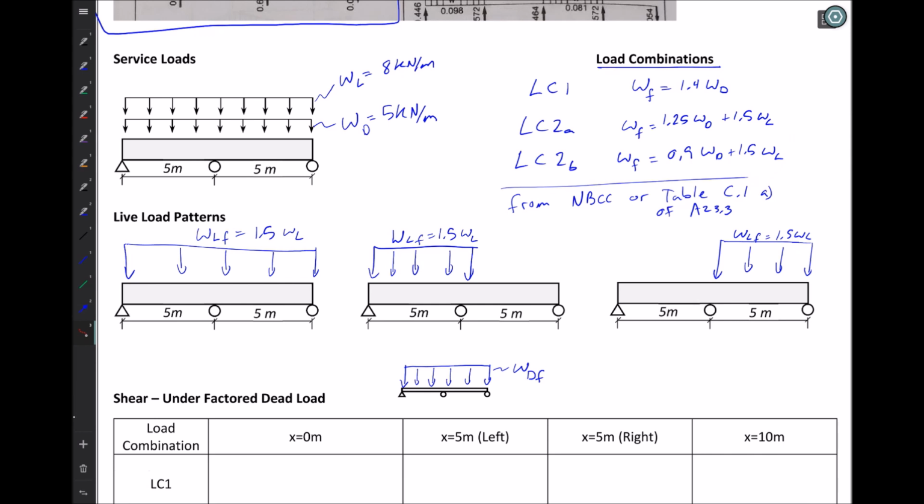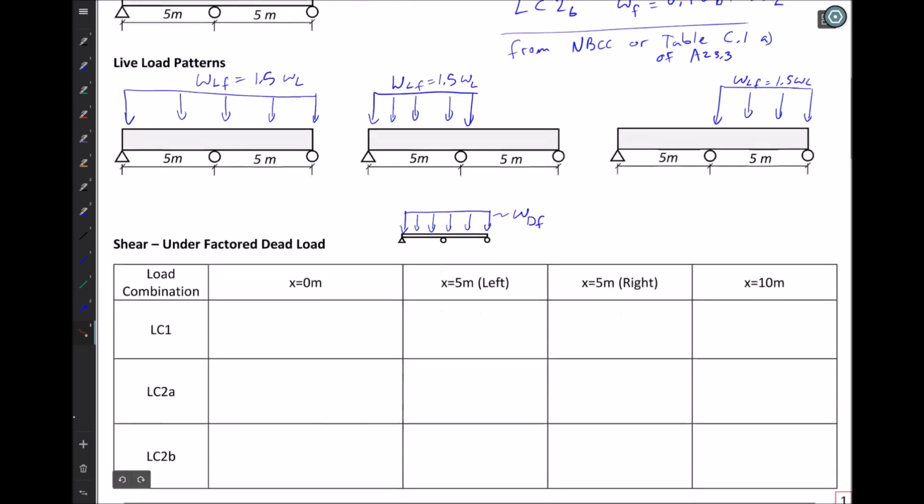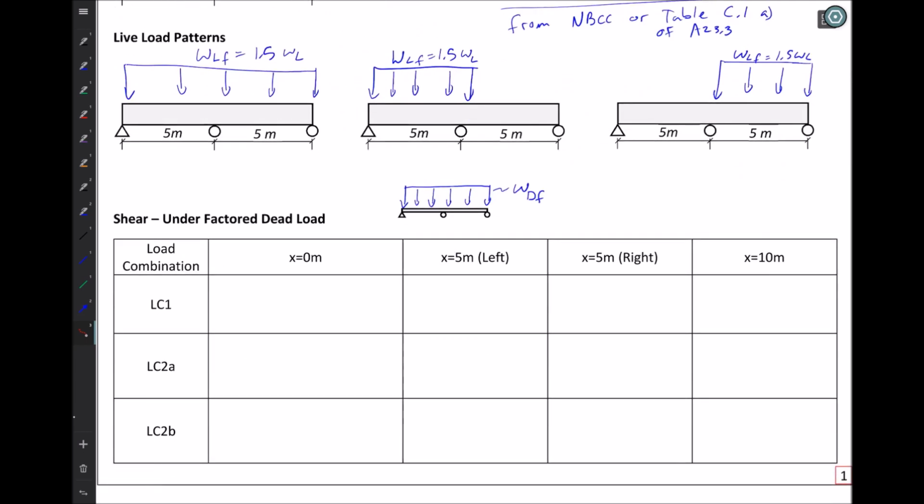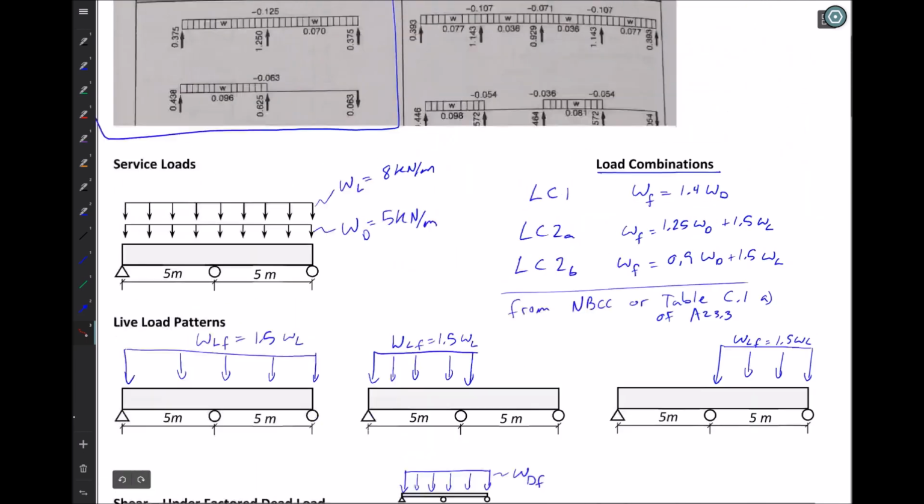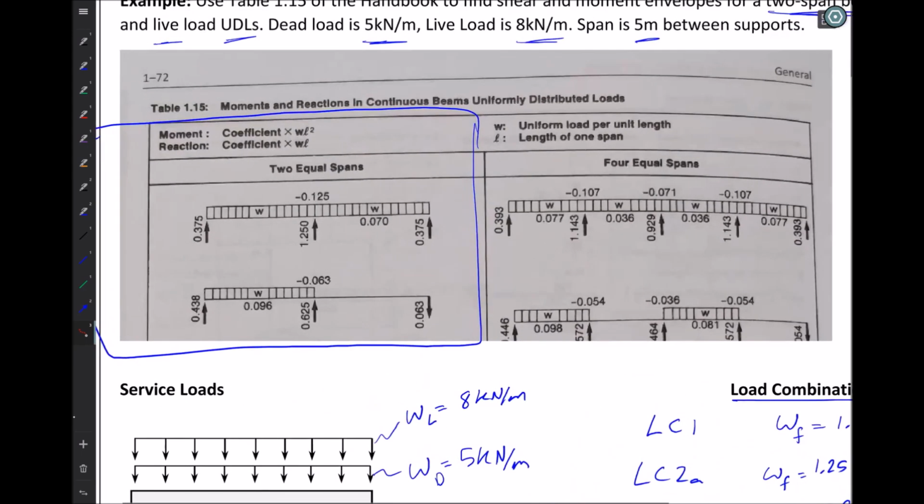And then we will simply use superposition when applicable to add the shear force from the dead load to the shear force for the live load and see what the total factored shear force at that location is under our load combination. So to begin this, let's take a quick look at our diagram that's given to us in table 1.15, which is in the white pages